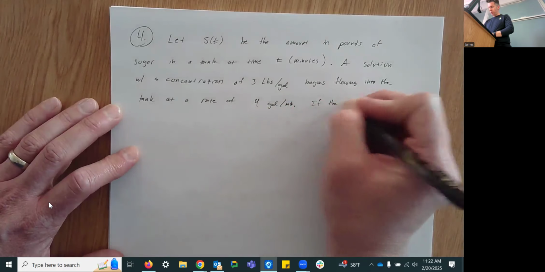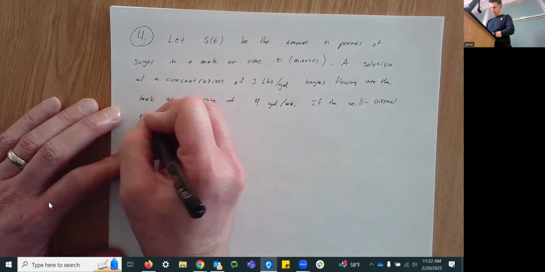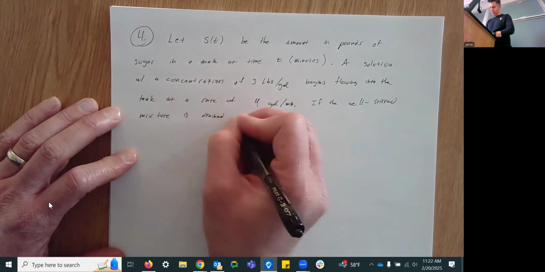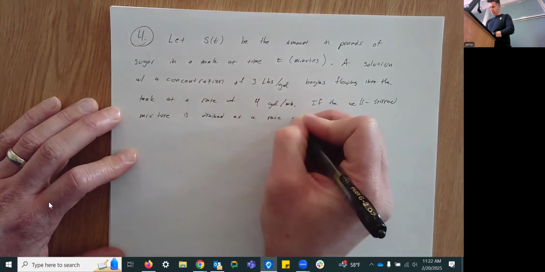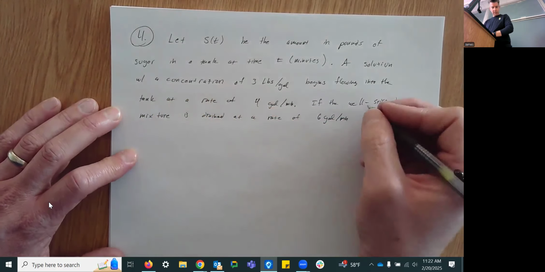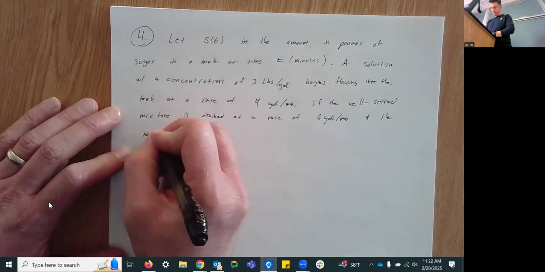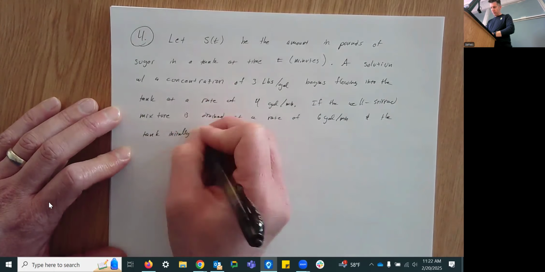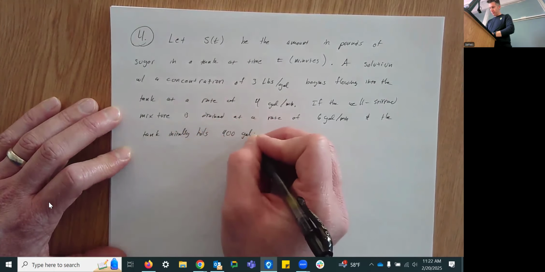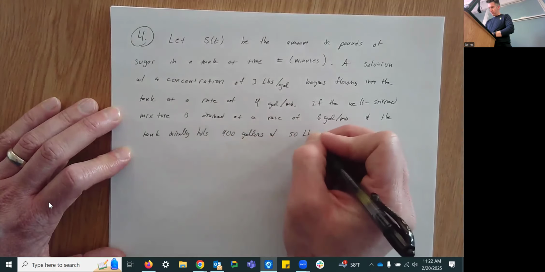If the well-stirred mixture, always well-stirred, someone's doing that stirring, is drained at a rate of 6 gallons per minute, and the tank initially holds 400 gallons with 50 pounds of sugar,